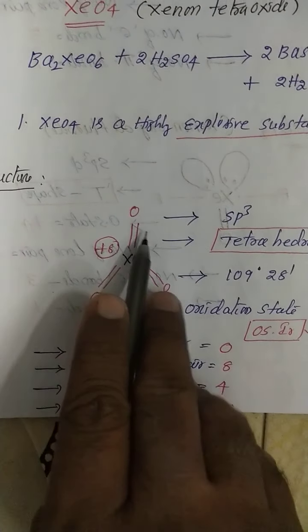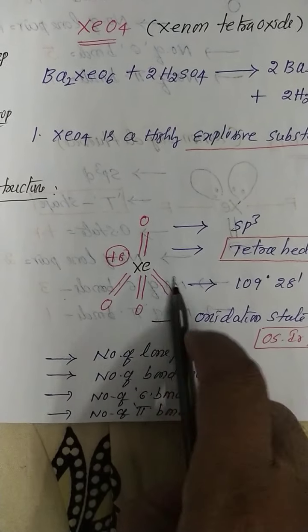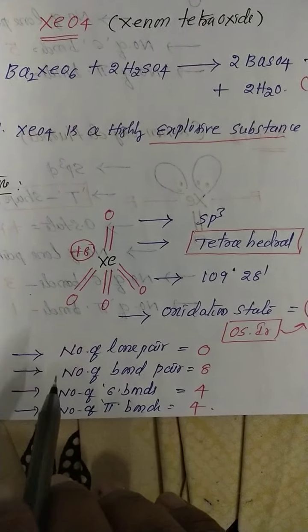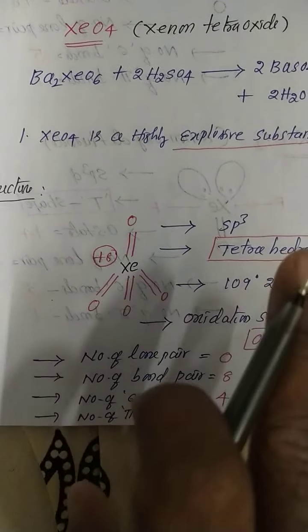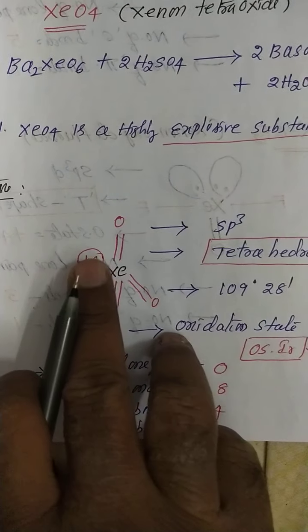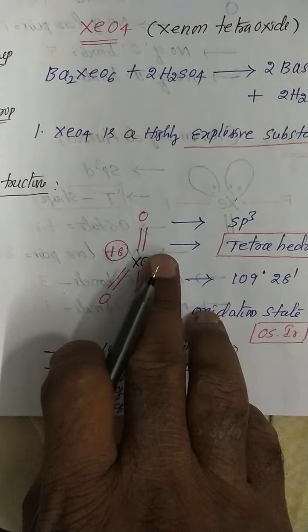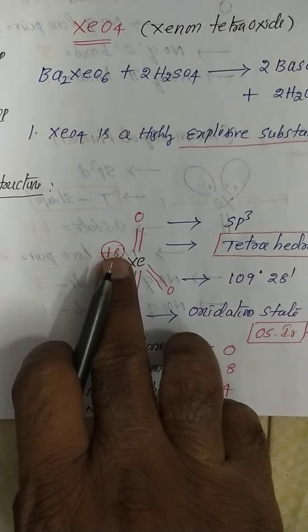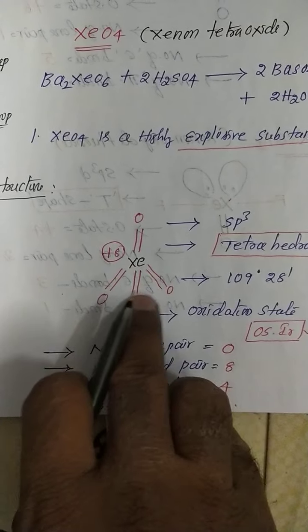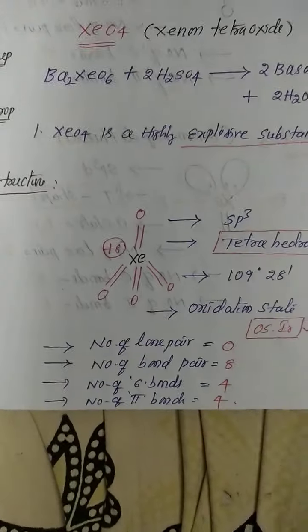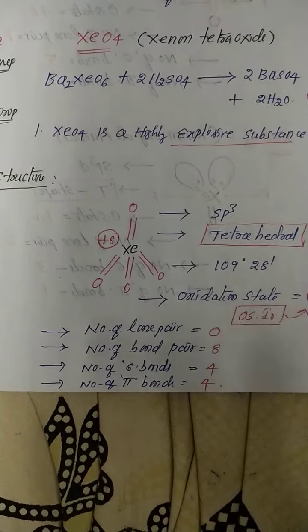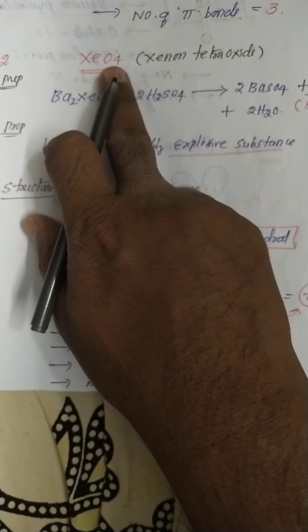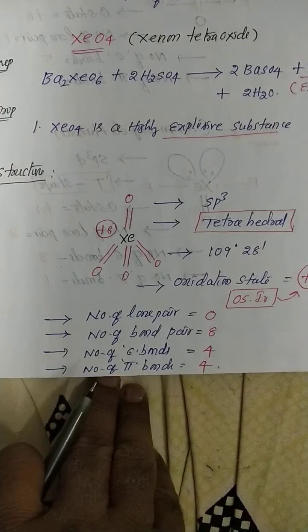Actually xenon is completely bonded with 4 oxygens with double bonds. My dear students, in higher oxidation states, only ruthenium, osmium, iridium, especially d-block metals, exist in the +8 oxidation state, but xenon also shows the maximum oxidation state, especially in xenon tetroxide. This is the most important point. My question is, one non-metal gas shows +8 oxidation state. What is that compound? Xenon tetroxide. Actually +8 oxidation state is only shown by d-block elements like ruthenium, osmium, and so on.